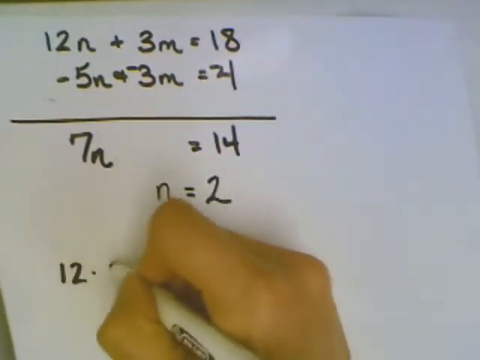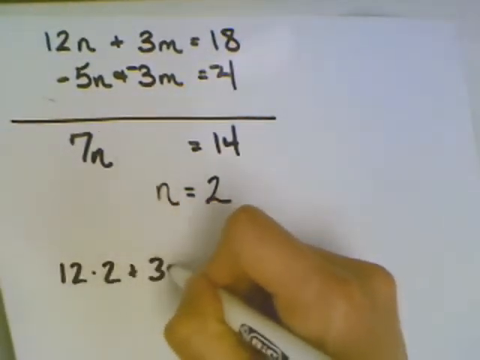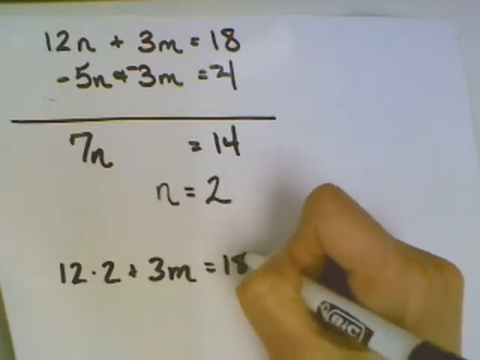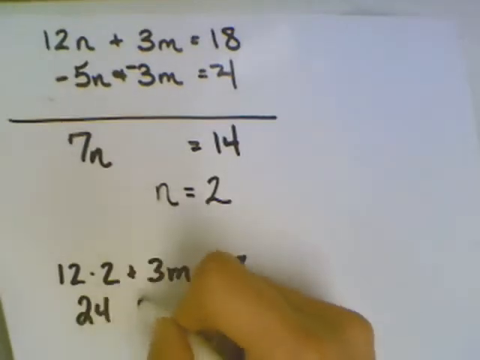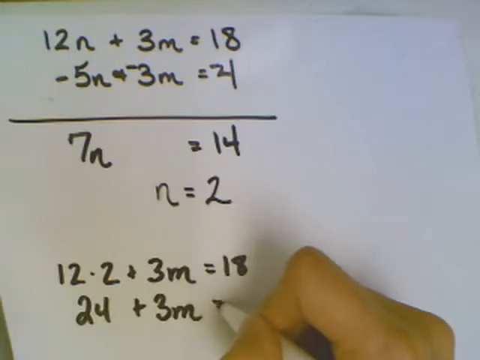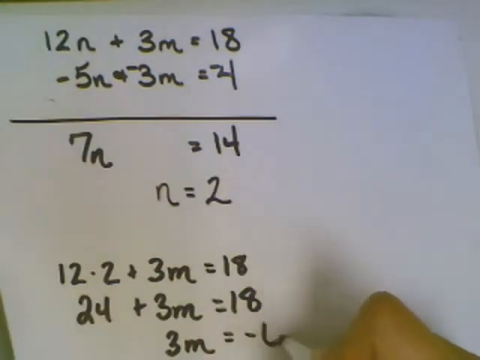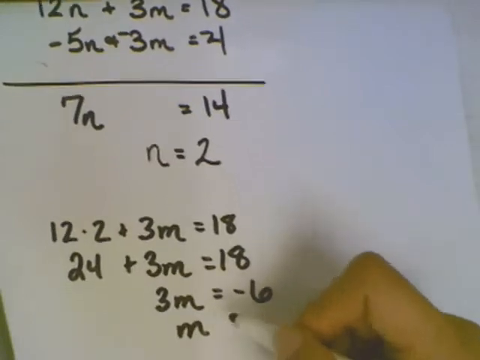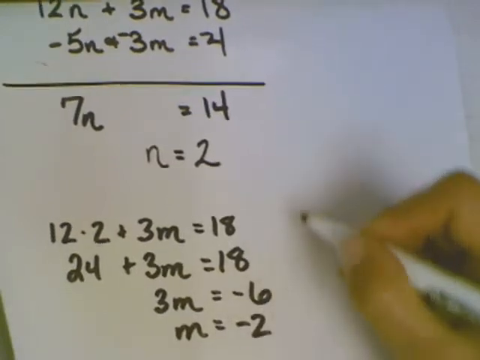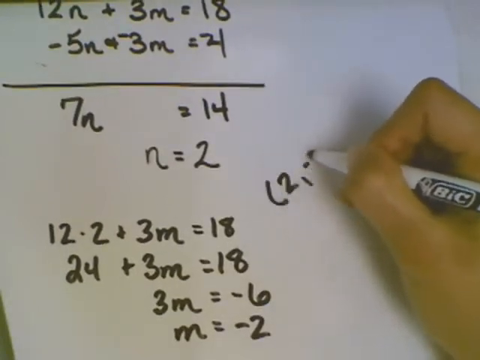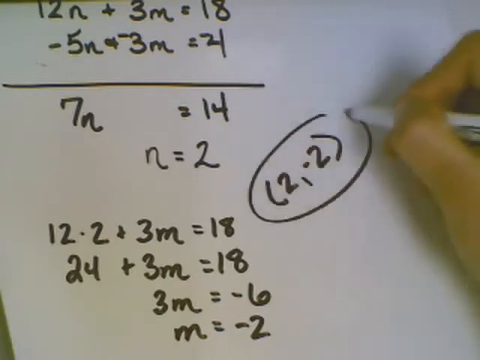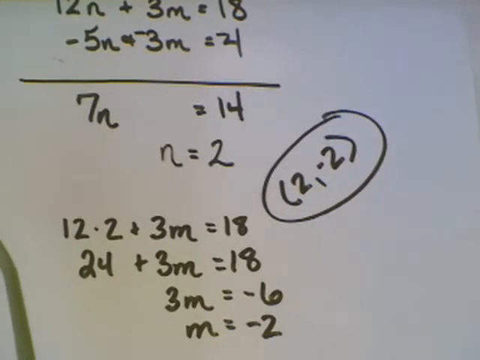Go back to one of the equations up here. Let's go to the first one. 12 times 2 plus 3m equals 18. So this is 24 plus 3m equals 18. Subtract 24 and I'm going to get -6. Excuse me. m equals -2. So my solution to this system is